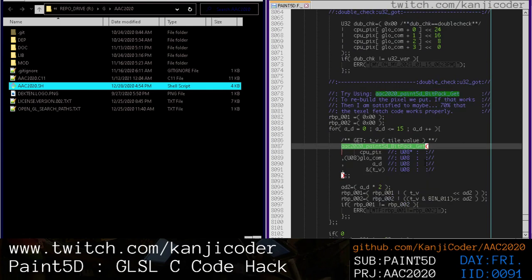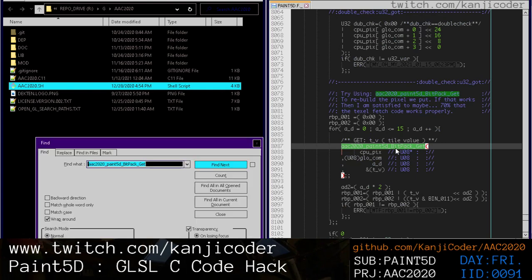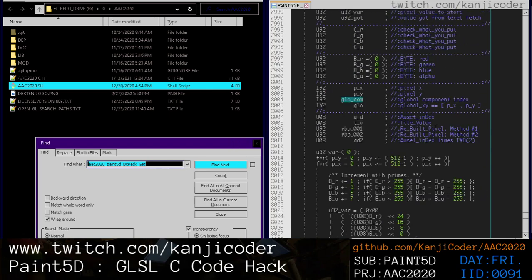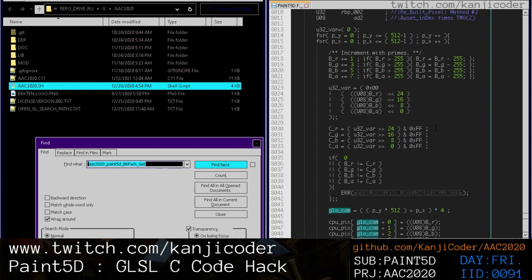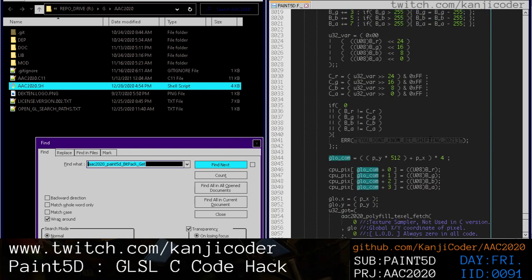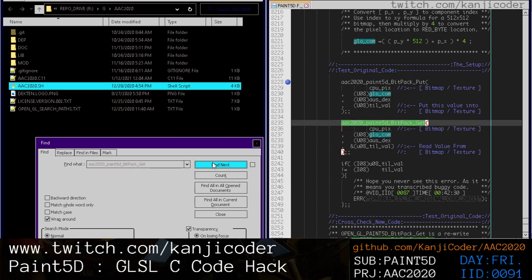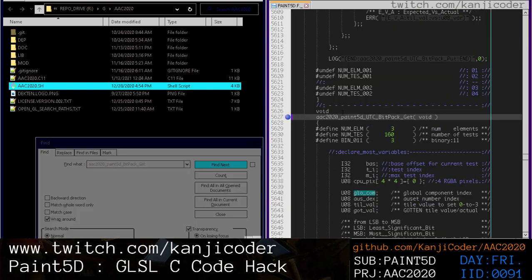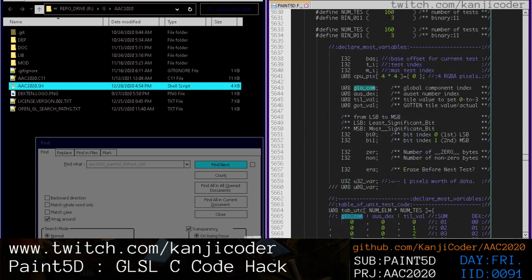It looks to me like bitpack get just needs more attention here. Because testing bitpack get, we didn't use the texel put command. We just manually put it there, and it's failing us. So if we go back to here and look at this bitpack get function,